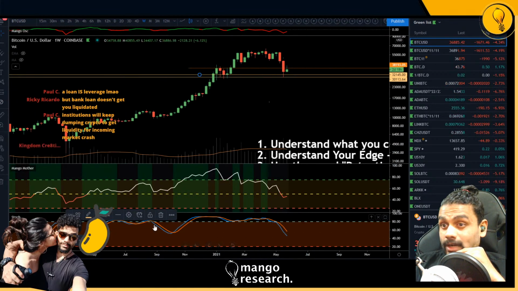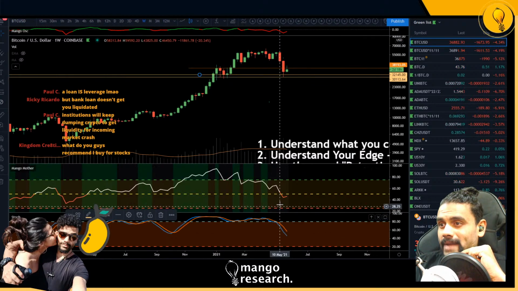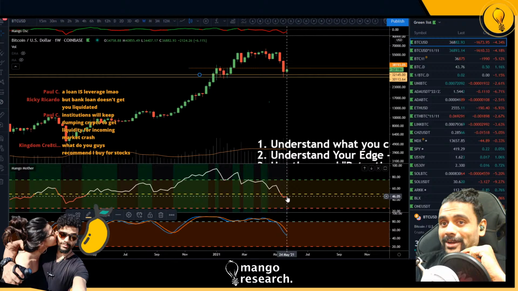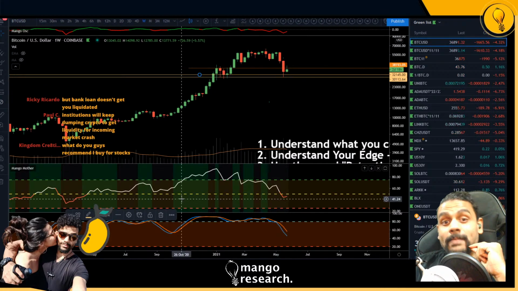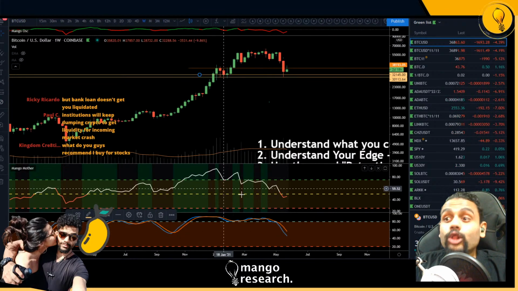Stochastic swinging down. They seem to be resetting over here in the middle of the zone, around 50ish. This doesn't look good at all. We're living underneath 50 yet again. Remember, we use this primarily for trend analysis, and then we look for divergences, right? So trend analysis first, divergences second. And not looking the best over here.